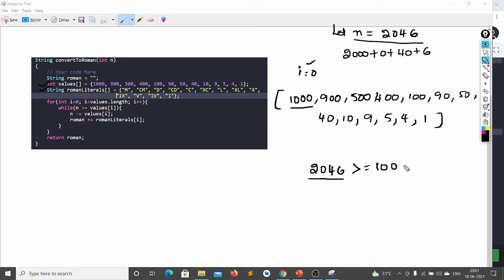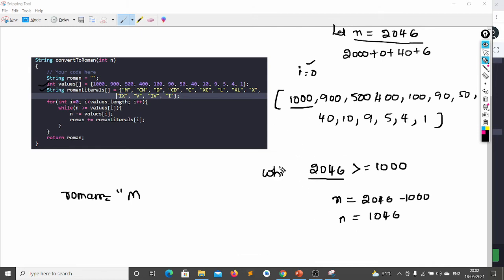So we have a symbol for 1000, M. Let's take our Roman as empty string. So we are appending M to it, and our n will become 2046 minus 1000 because we already represented 1000 with M. So my n will be 1046 now.